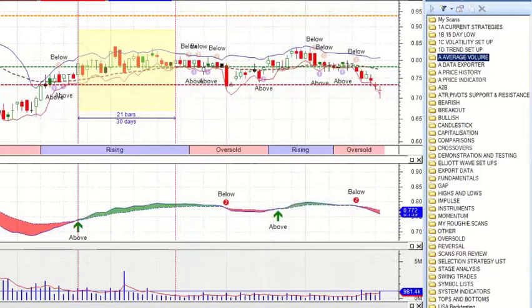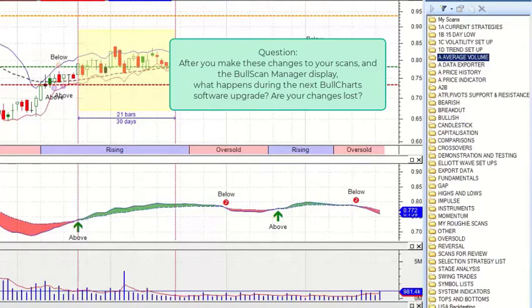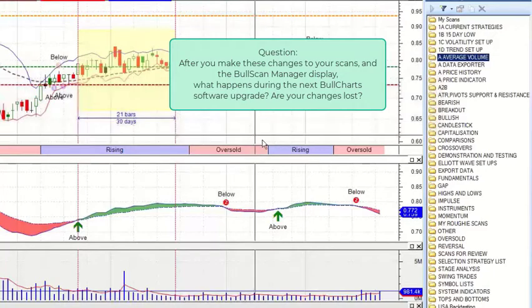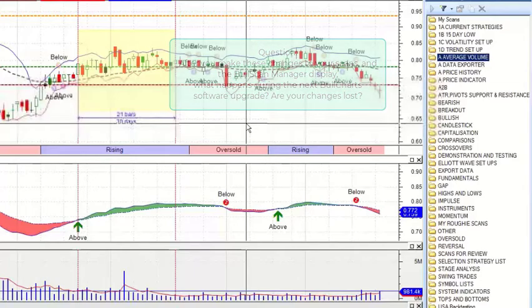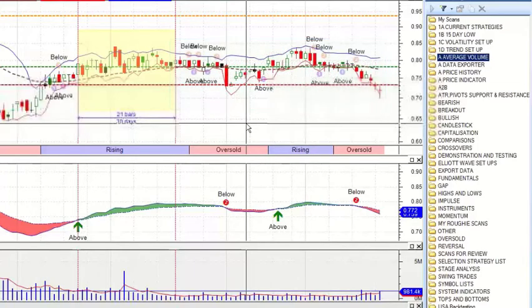So yes, I have, Leonie, thanks. And I thought I heard you say something about a newer version of BullCharts, and I thought, what would happen to all the work you've done on your manager with a new version? Would you lose all that and have to start again? No, you don't. It stays there. It comes with the update. Oh, phew. I was feeling really sorry for you there for a minute. No, feel very safe with that.